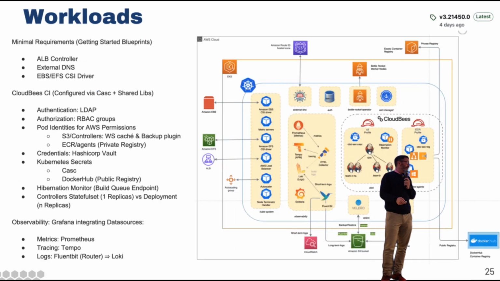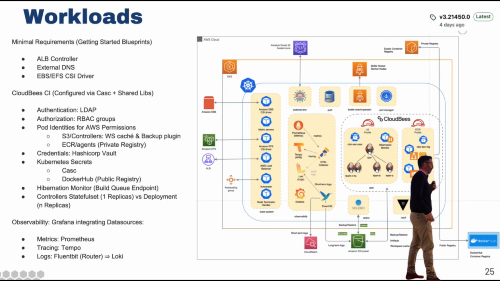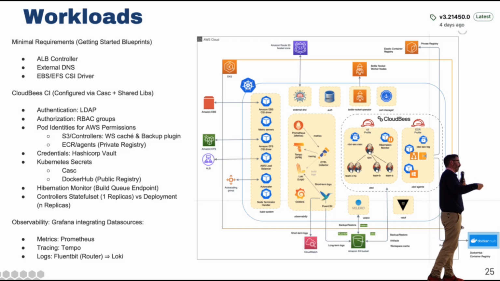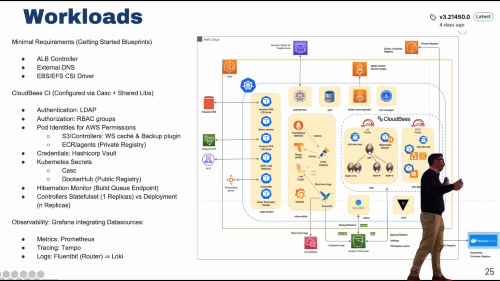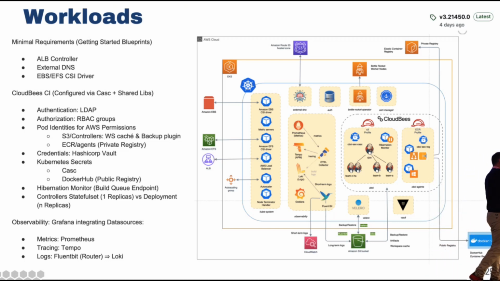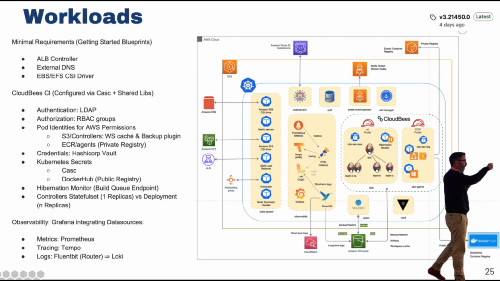Then finally, this is one of the last slides. So this is how the workloads look. We start with the minimal requirements, those that are used in the getting started blueprints. That is the ALB controller, external DNS, and the EBS or EFS CSI driver. And then we are going to put the focus on the CloudBees area, the one that is dotted in black. All that configuration comes from the EKS